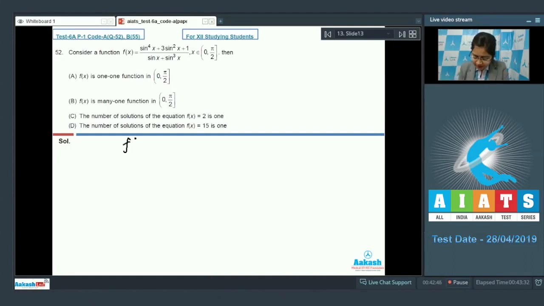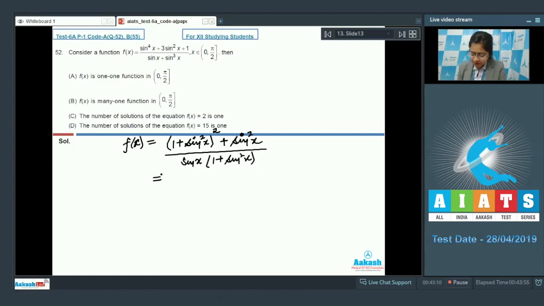Now f(x) can be written as ((1 + sin^2 x)^2 + sin^2 x), and in the denominator, taking sin x common, we will write sin x (1 + sin^2 x). So this is equal to (1 + sin^2 x) upon sin x